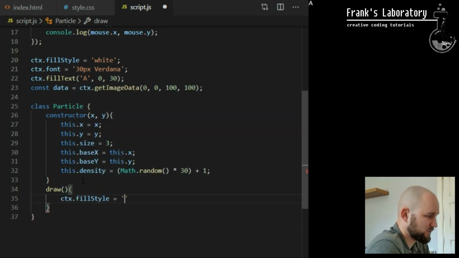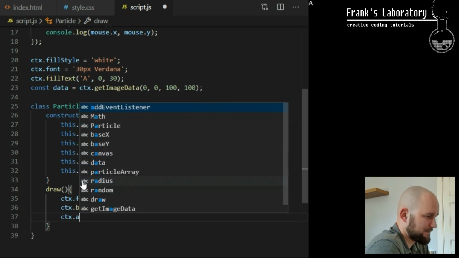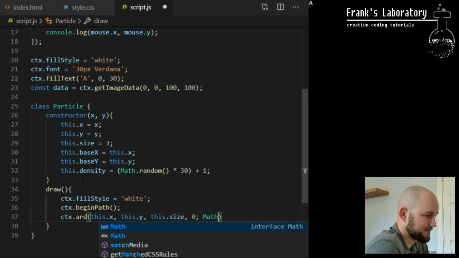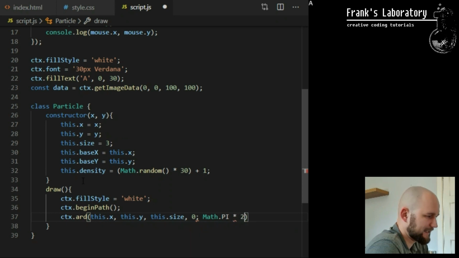We are drawing a circle on canvas, so I need to use the ctx.beginPath method. Think of it as a pencil touching down on canvas to start drawing. I call the canvas arc method and I pass it this.x and this.y coordinates. This.size will be the radius of the circle, start angle will be 0, and end angle will be Math.PI times 2, which is a value in radians that actually converts to 360 degrees. So we have just drawn a circle path from 0 to 360 degrees, which is a full circle. If you change start angle and end angle values here, you can use the arc method to create a half circle or even many other shapes. I call closePath and ctx.fill to fill the path with white color.